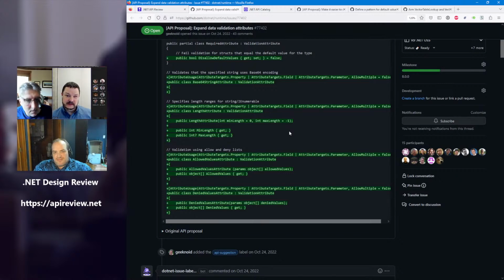I mean, if your upper bound is an integer, then I'm guessing it would fail validation if it enumerates past that. And if it's only checking min, it doesn't necessarily have to drain the whole enumerable. It can stop once it's exceeded min. And if you've got an enumerable with more than 2 billion values, this is probably not the right attribute to use.